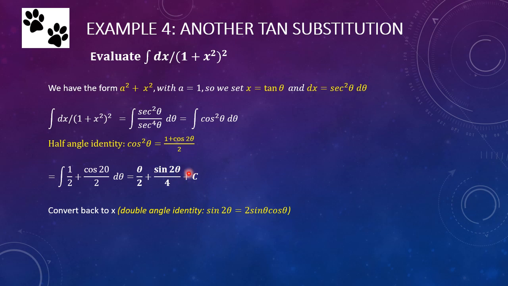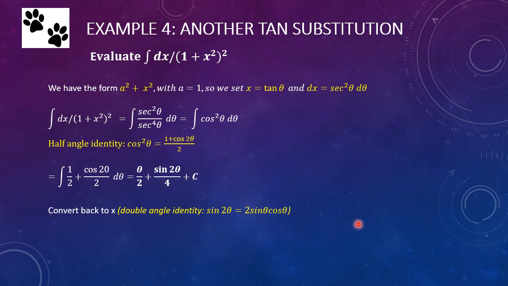Our final solution in terms of theta has the sine of 2 theta. So we actually have to use another identity from trig, specifically the double angle identity. The sine of 2 theta equals 2 sine theta cosine theta. So based upon our triangle, we can see that sine theta is here, cosine theta is here, and we can